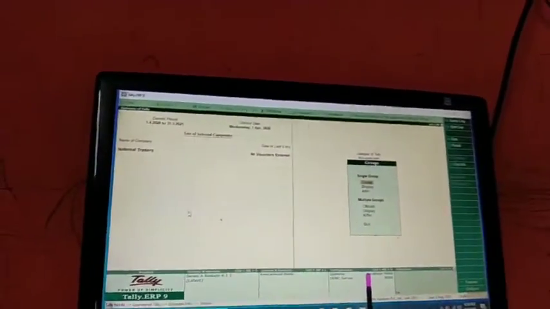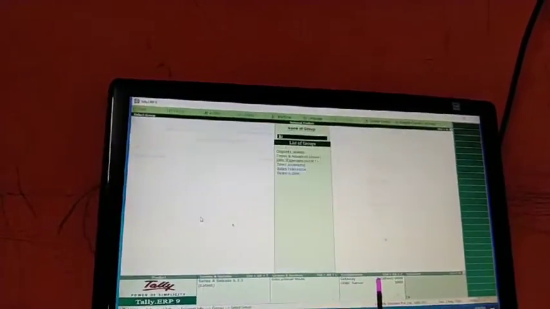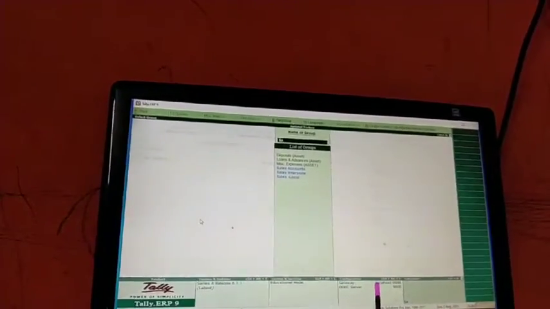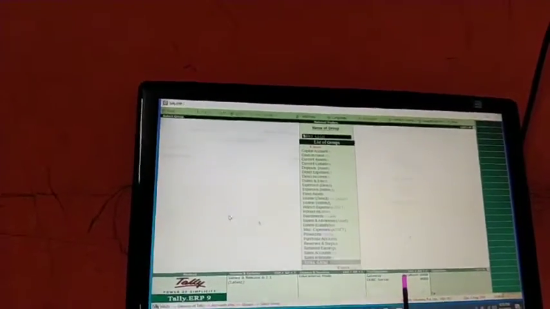So how to view it? If you have to view that group, go to display. You will find it under display, press enter, press S. You will find sales local, then sales interstate.